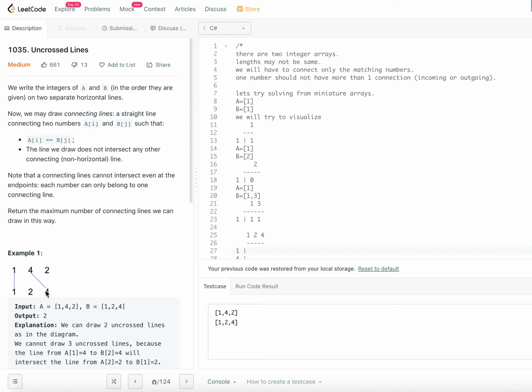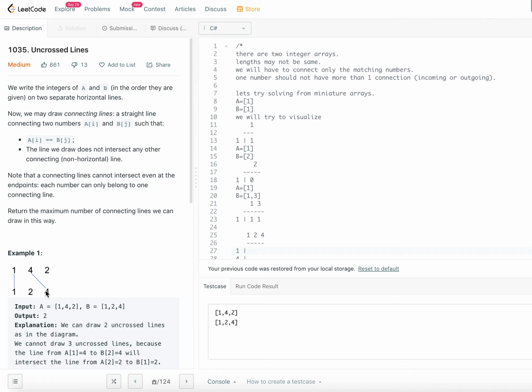Okay, so if we are able to solve the smaller problems and use them to solve bigger problems, that is what dynamic programming is, right? So you'll have to see if there are identical sub problems. If there are identical sub problems, we solve them and then we use the solved sub problems to solve the bigger problem.